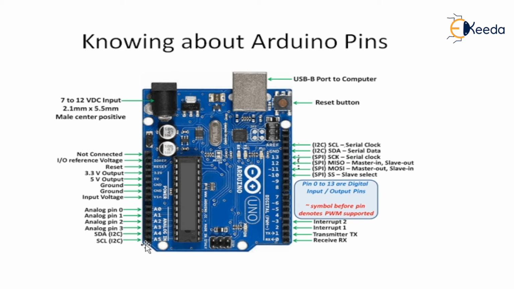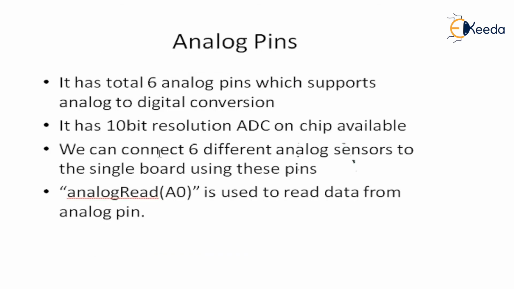To convert that analog data into digital, you have to connect the analog hardware that is providing the inputs to the controller. We have to connect it to these particular pins available on the board. So there are a total of 6 pins, and the ADC available on this board has 10-bit resolution, so 2 raised to the power of 10, so the resolution is 1023 starting from 0. This much will be the resolution of this ADC, so this much bulk of data can be generated by using this ADC.